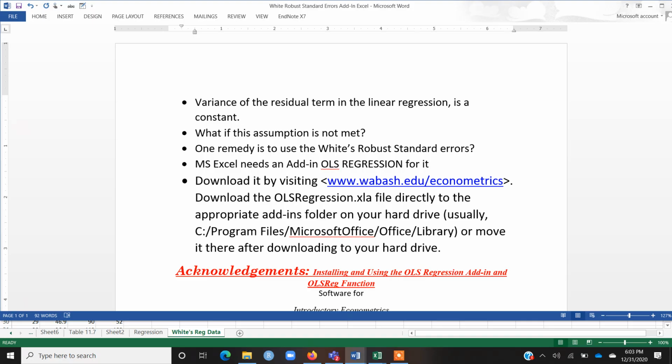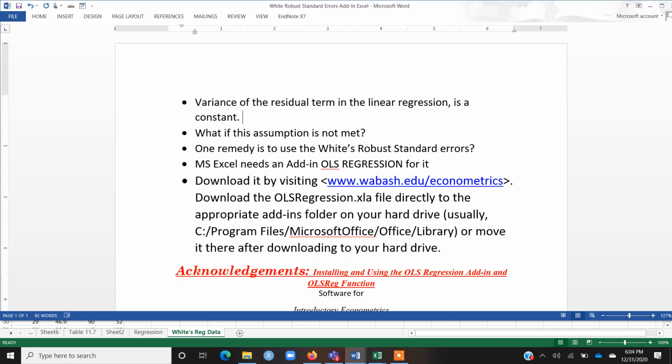But what if this assumption is not met? I'm not going to talk in detail about how to check whether this assumption is met or not, what the detection measures are, because I have a separate complete video on heteroscedasticity. So the viewers who want to get acquainted with basic concepts of heteroscedasticity, what the important tests are, and how you can adopt some remedial measure for the issue of heteroscedasticity, you are more than welcome to watch the detailed video on heteroscedasticity. I'll post the link of that video in the comment section as well.